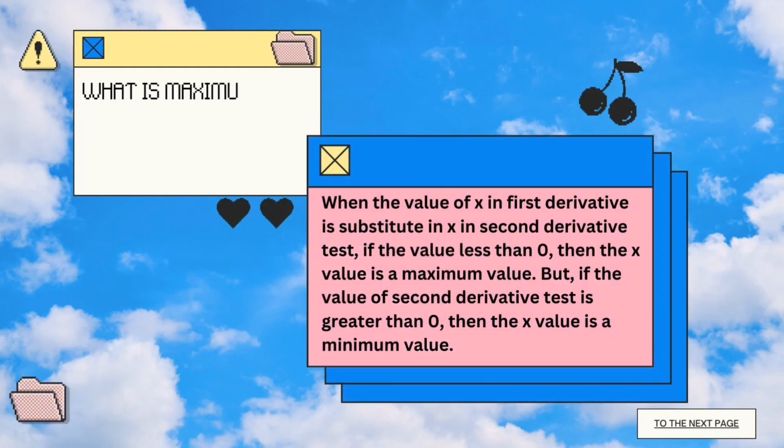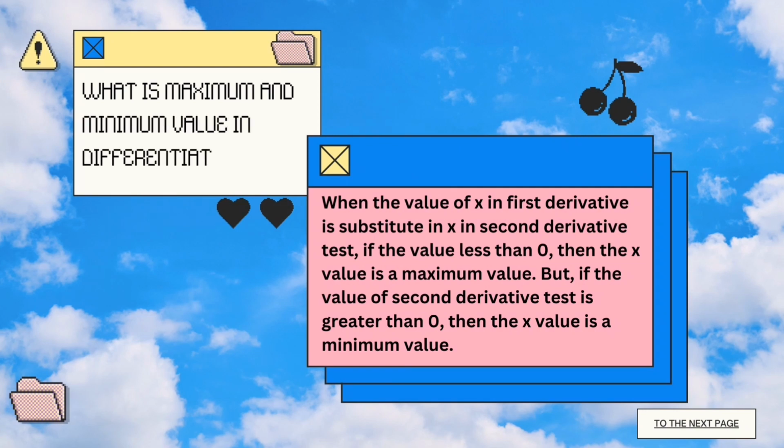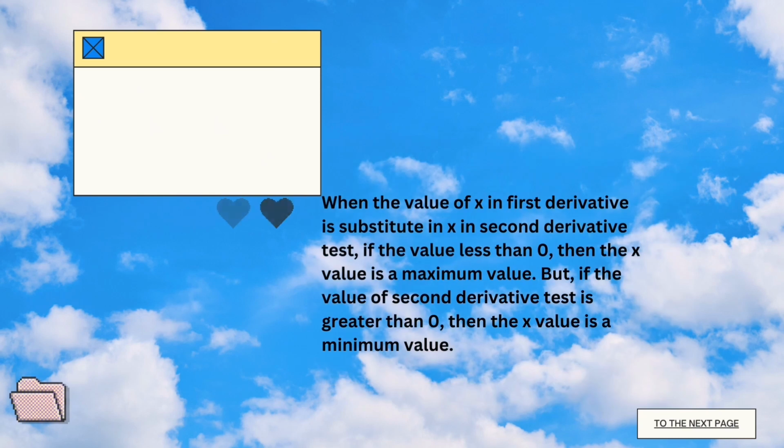Second, what is maximum and minimum value in differentiation? When the value of x from the first derivative is substituted into the second derivative test, if the value is less than 0, then the x value is referred to as a maximum value. But if the value of the second derivative test is greater than 0, then the x value is referred to as a